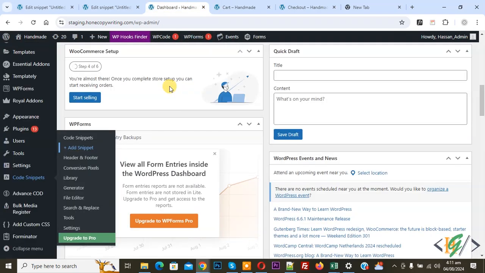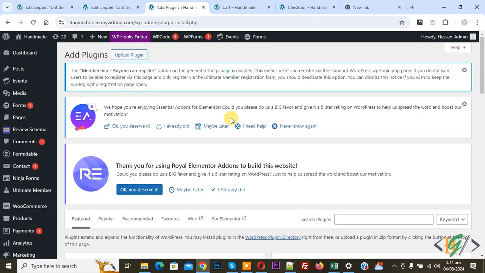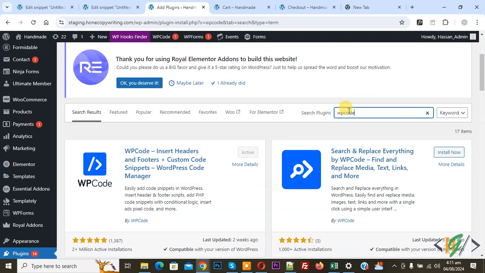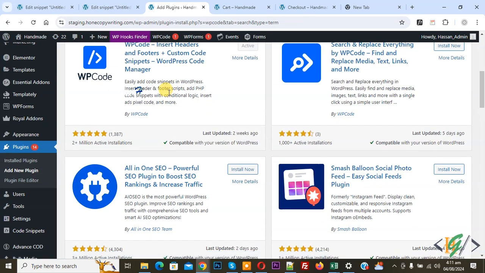Now go to the dashboard. On the left side you see Plugins, so click on Add New Plugin. Then in the search plugin, write WPCode. So this is the plugin WPCode, Insert Headers and Footers, that we will use. You will install this plugin and activate it, and after activation, on the left side you see Code Snippets, and